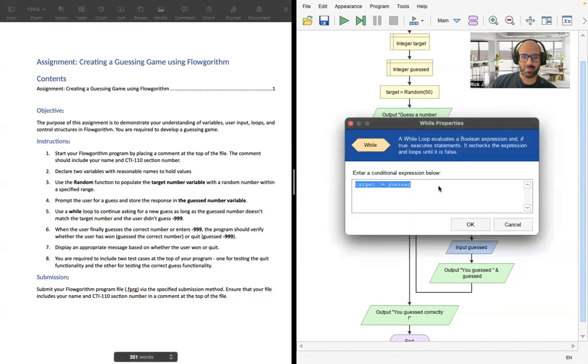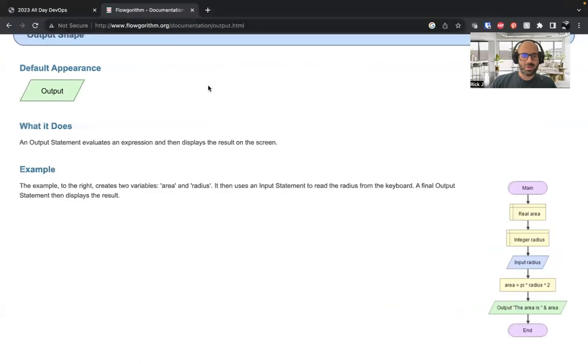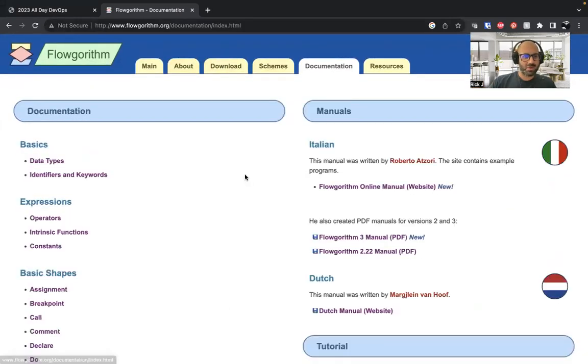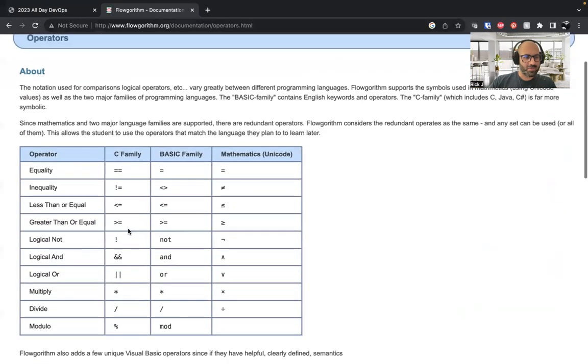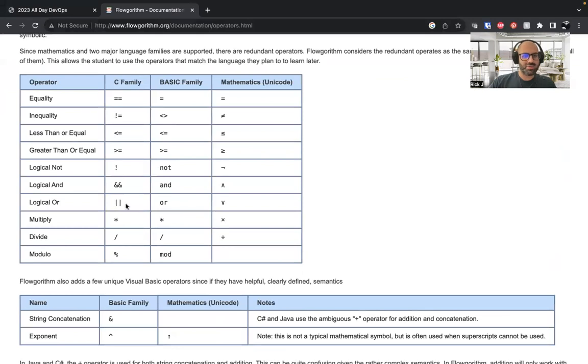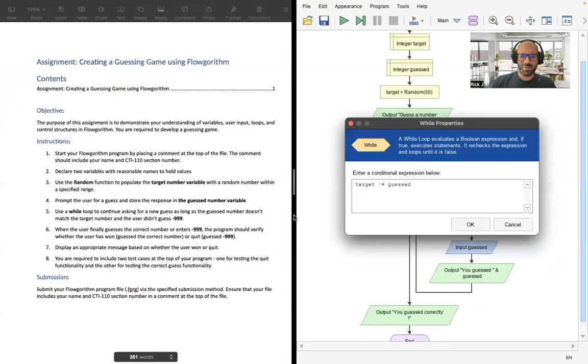So if target is not equal to, how do you do or? Usually it's the two, what do you call them? The straight lines. Let's see what or is in Flowgorithm. So, operators, or logical or is the two straight lines. That's what I was talking about. I'm not sure. Pipe? I think they're called pipe. Or